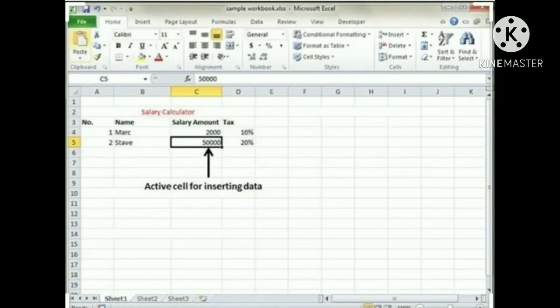How to enter data into a cell? First, locate the cell in which you want to enter data. Now double click the cell to type the data into the cell. Second, another way to enter data into a cell is selecting the cell and typing data in the formula bar. You may also modify what is already present in the cell.